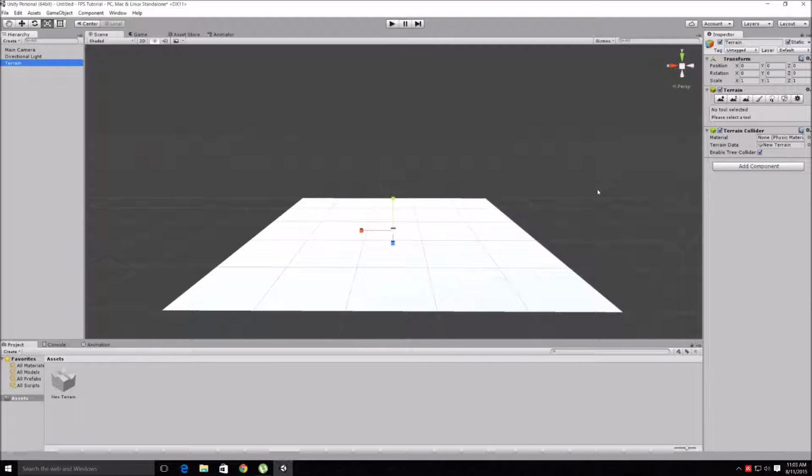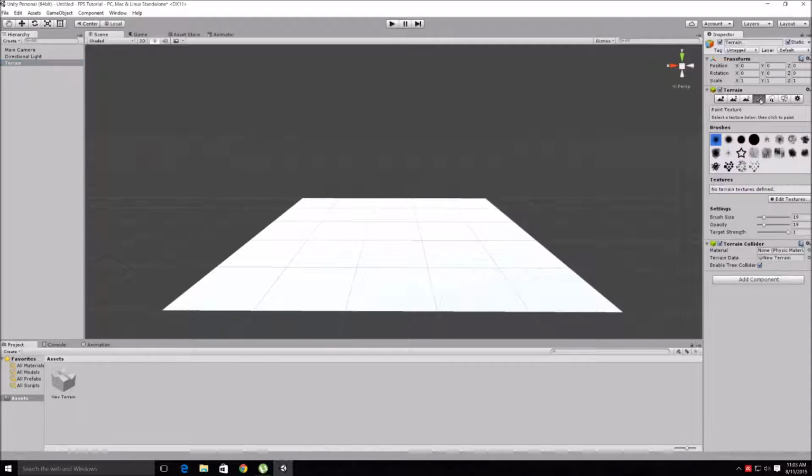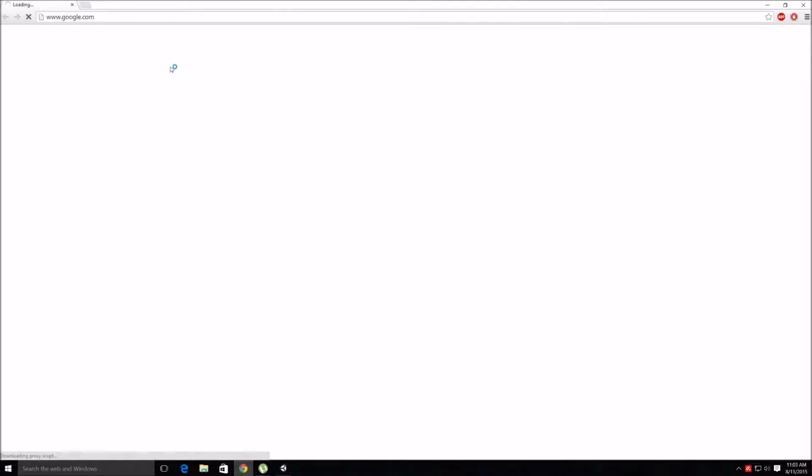Okay, so to put the texture on, you can see here we have a few of these little panels. We want to select the paintbrush here, so left click the paintbrush, and then if you come down here it says no terrain textures defined, because we don't actually have a texture. All we have in our assets folder is the terrain. Alright, so we need to get a texture. The easiest way to get textures, I find, is to just go online,